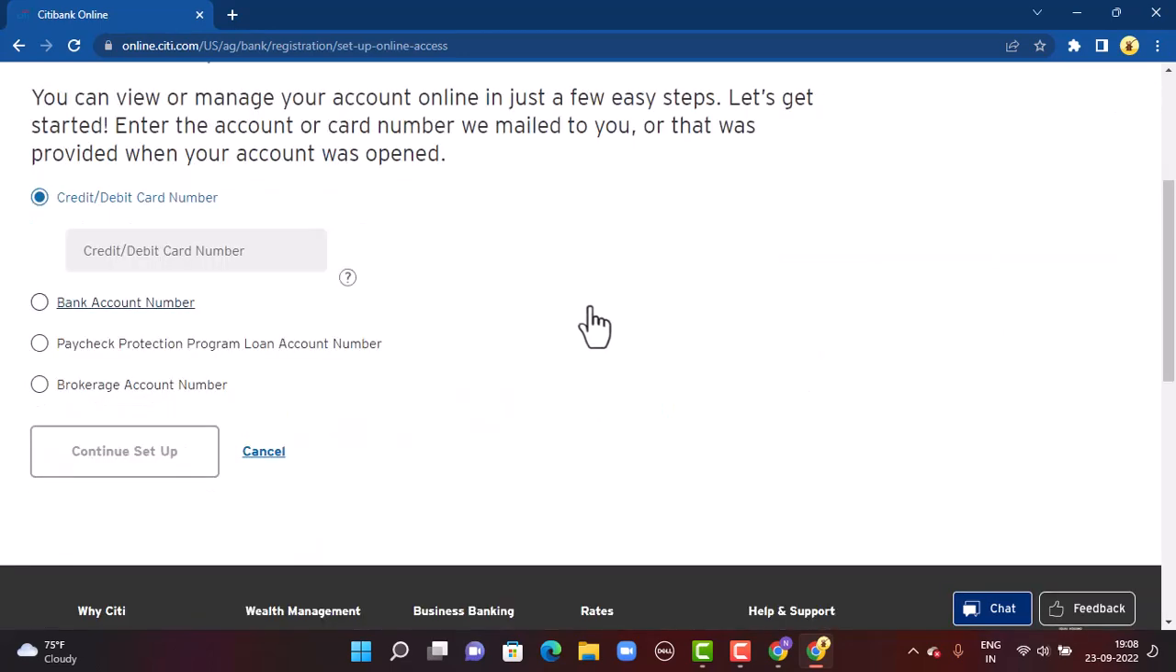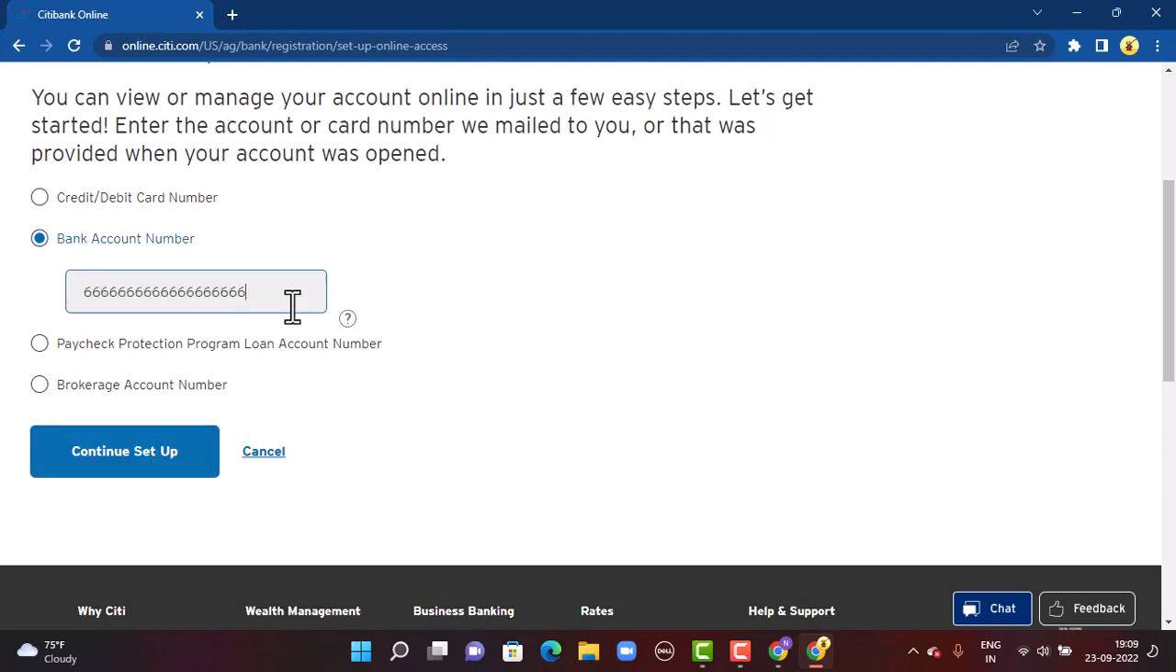From here you'll have to select the method in which you want to register. You can see there are multiple options, so you can select any one of the following. As you select, you'll have to provide the information accordingly. Over here you can see that I've selected account numbers, so I must enter the correct account number that is linked with my Citibank. Once you're done entering your information, next tap on continue setup in the bottom left